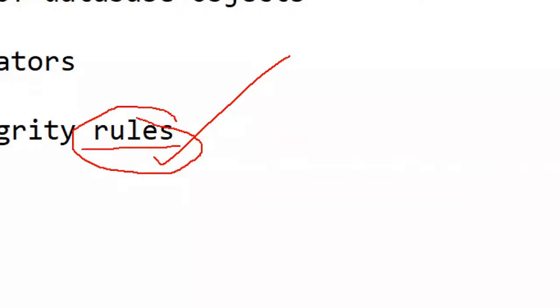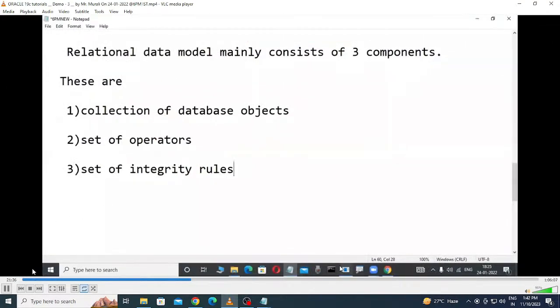So many fellows don't know these rules. Even if you type about integrity rules or relational database rules in Google or anywhere, nobody writes about them. Experience is required. So many things are there. Okay, always relational data model products, these type of products